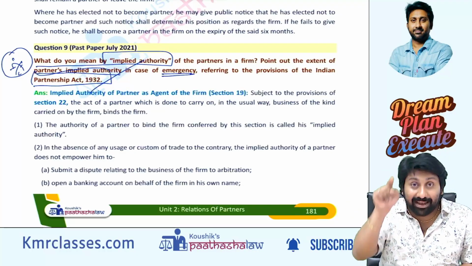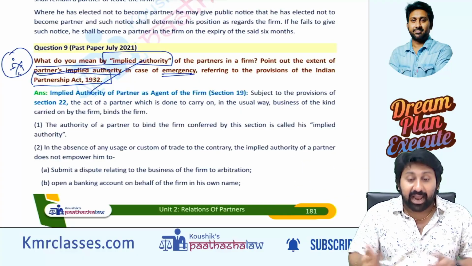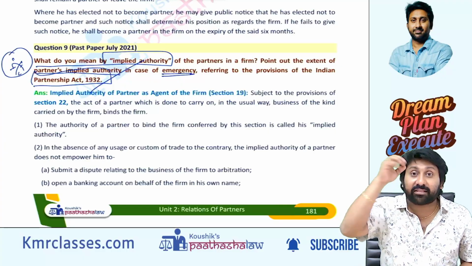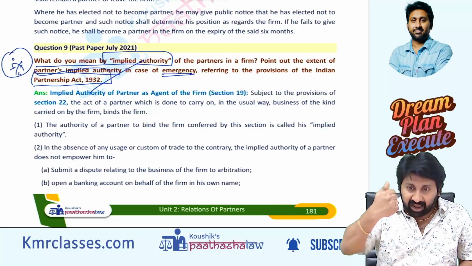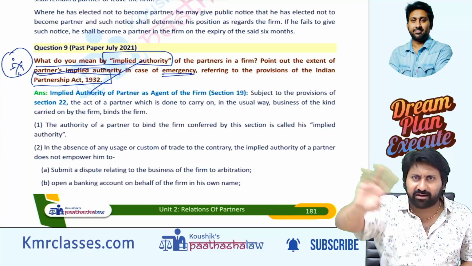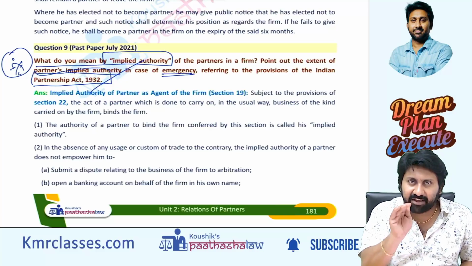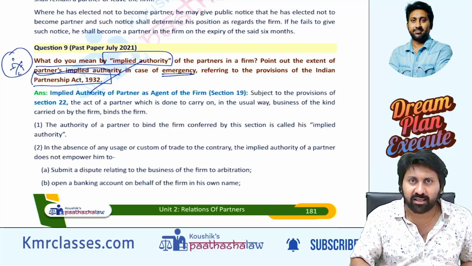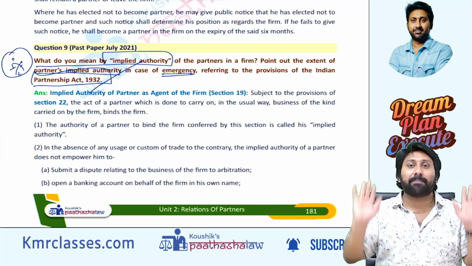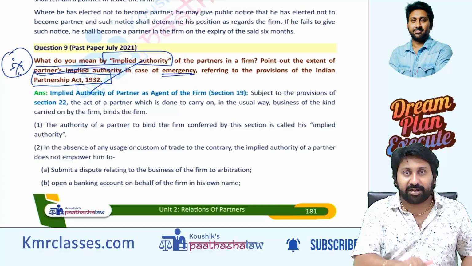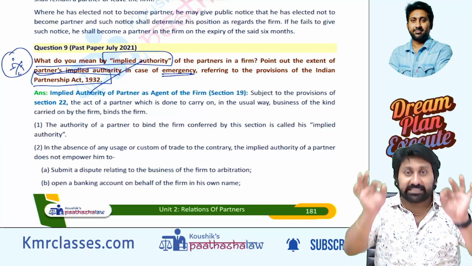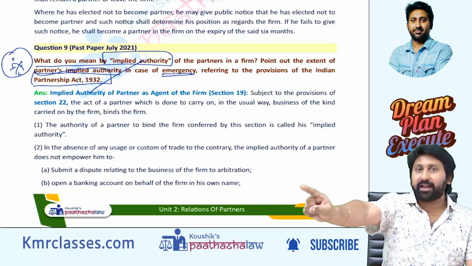Now the firm becomes liable to pay the law house, because the act of one partner becomes the act of the firm. Moreover, the third party who sold the books will have an authority to say: I don't know what powers that partner has in your firm. Generally, a CA firm partner has a right to purchase legal books. That's all; it's an implied authority. This is how the doctrine of indoor management in the Partnership Act works. Outsiders are protected, meaning outsiders will assume that a partner has an implied authority.